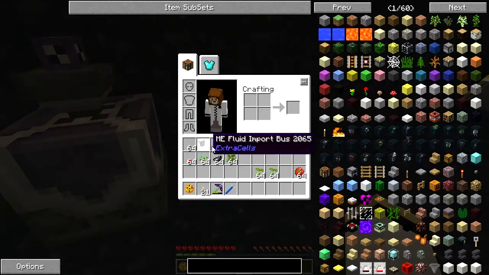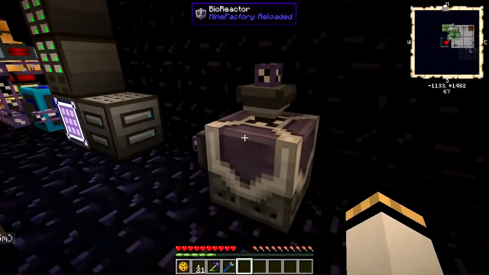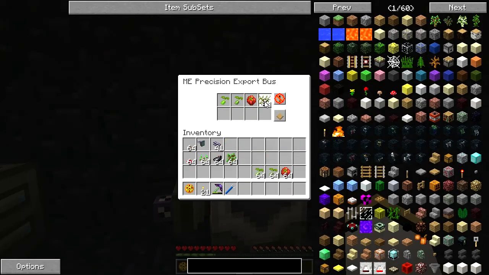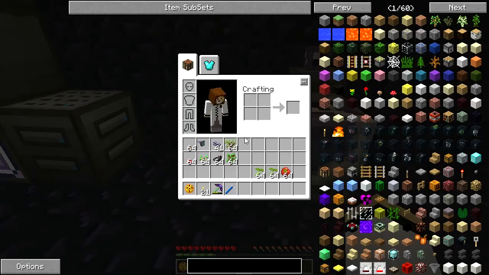And the other I'm going to set up for these 3 items. I only have 8 spots, and I need 9, which is why I did it this way. I'm actually going to take the rubber sapling out and move it over here. That more evenly sets things up. And I'm going to set them to move stacks. There's not going to need to most of the time, but...